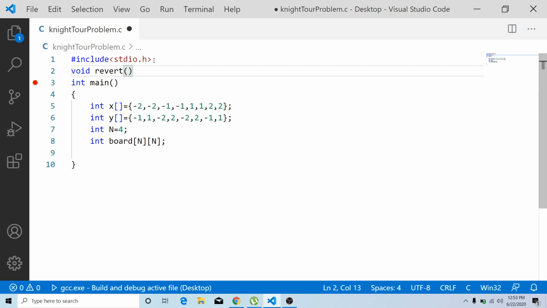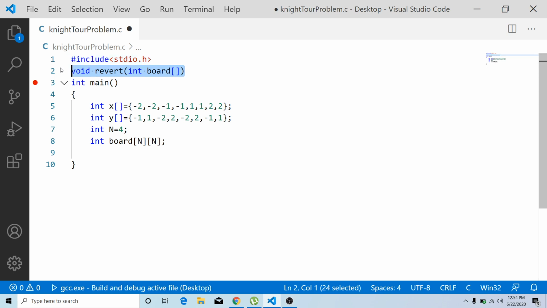So what do we require? First of all, we require that matrix called board. So int board. If you want to send a 2-dimensional matrix, then you have to send it like a pointer. I don't want to make it very complex.